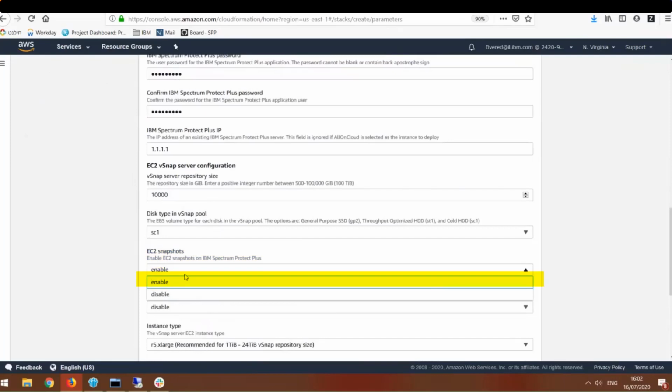If you leave it enabled, this will have no impact on the sizing or on the EC2 types or on the stacks that are deployed. What it will do is it will create a new IAM user, which has the specific roles restricted to just what is needed to do EC2 snapshot functions. It will also register that new IAM user inside of Spectrum Protect Plus, as well as create an SLA policy in Spectrum Protect Plus. If you disable this EC2 snapshot, you